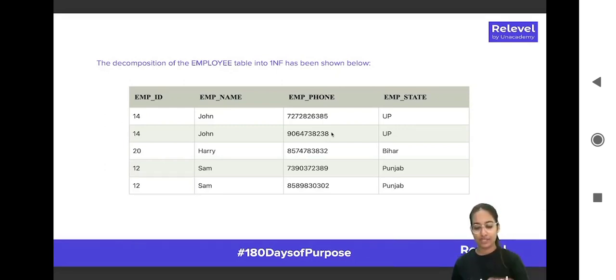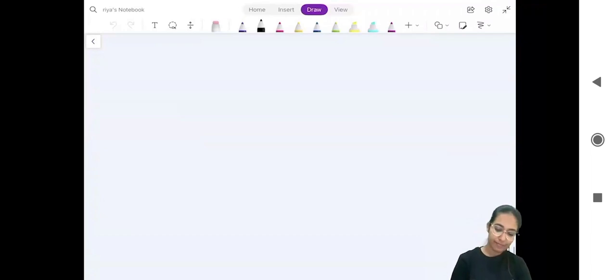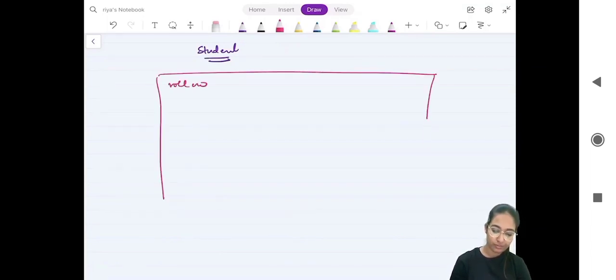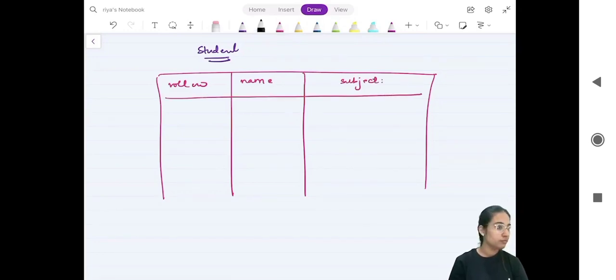Let's take one more example so that you can understand. Let's say we take the students example itself, where we have the roll number of the student, the name of the student, as well as the subject that they are enrolled in. Let's say I have 101, 102 and 103, econ,